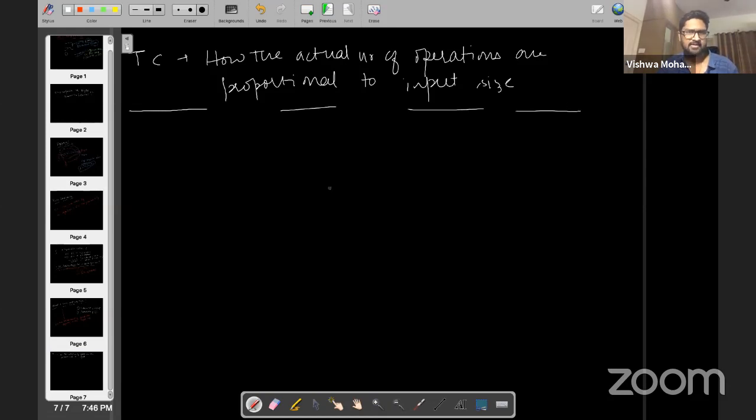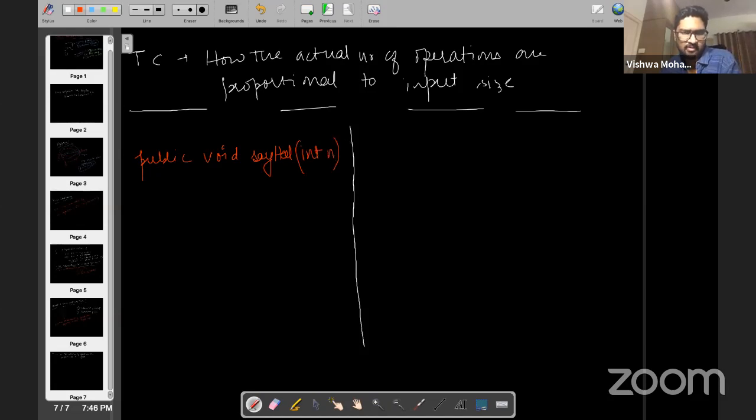Now let's try to take examples and find the time complexity of each of them, right? So I'll take one example. Suppose I am writing a method, public void, and the method is sayHello. Okay, and it takes an input, say n. And inside this I am just doing System.out.println, and I'm saying "hello students",